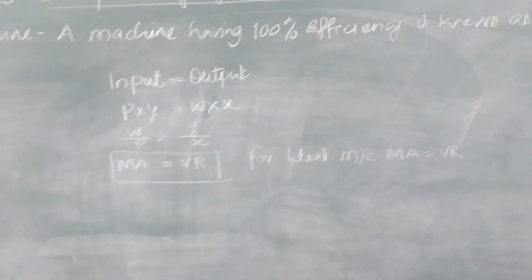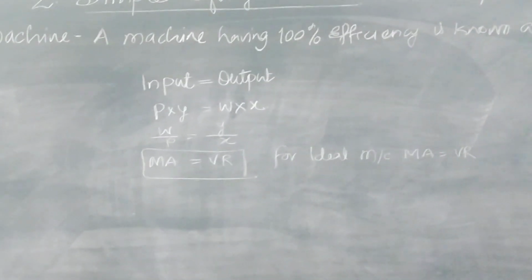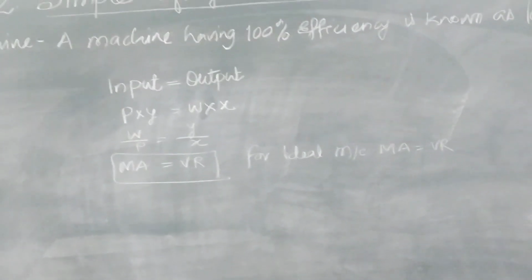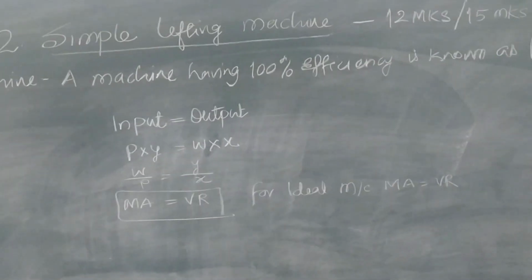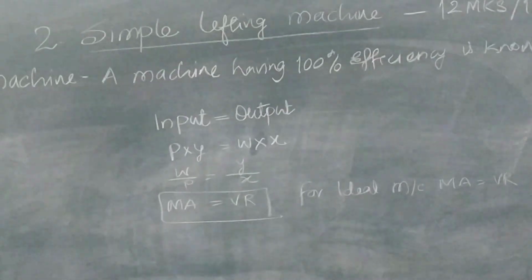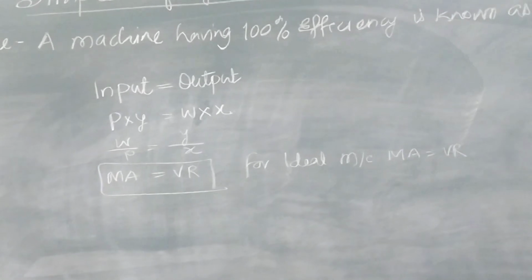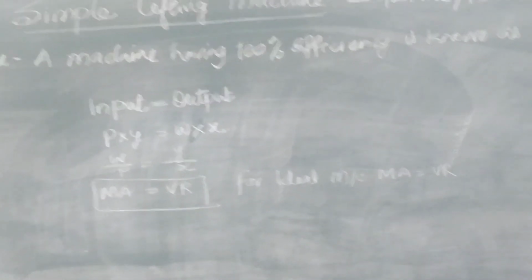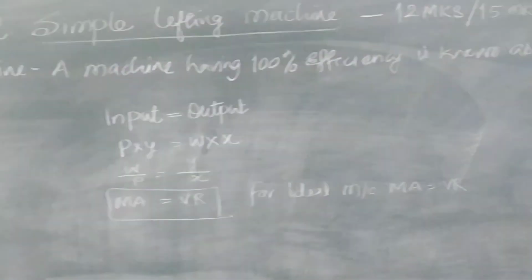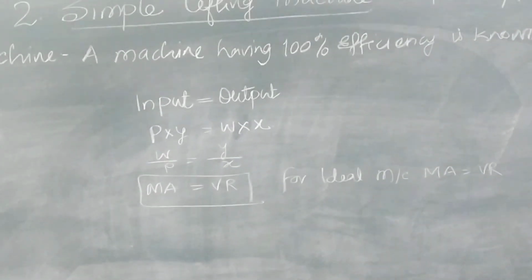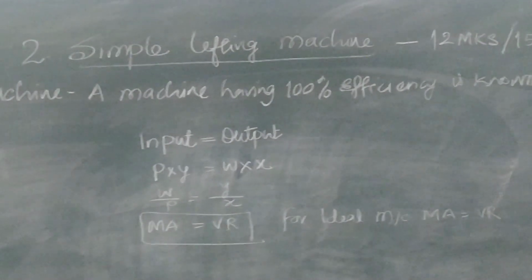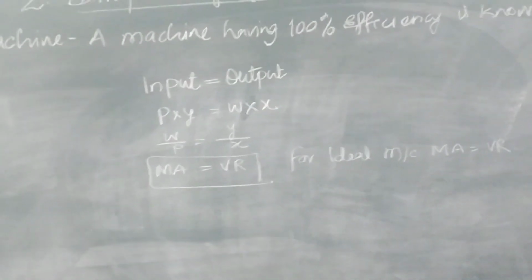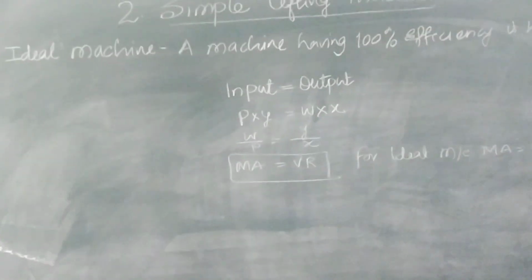No machine exists where the efficiency is equal to 100. So, if in numericals your answer comes out equal to 100, it may be possible ignoring losses, but if your answer comes out to be more than 100, then 100% there is some mistake in your calculation. So, please remember, the efficiency of any machine is always less than 100.